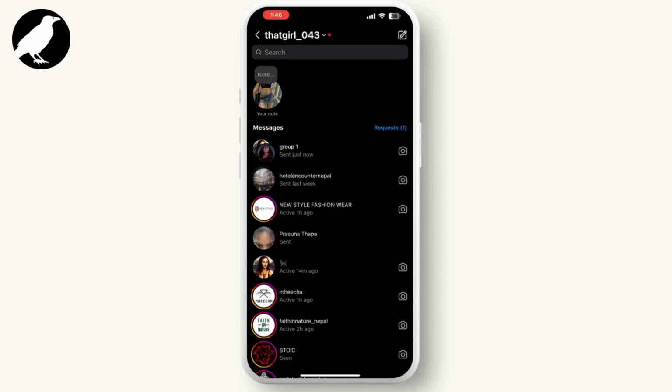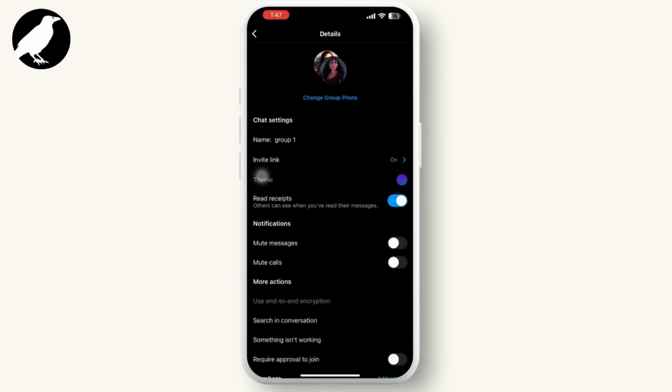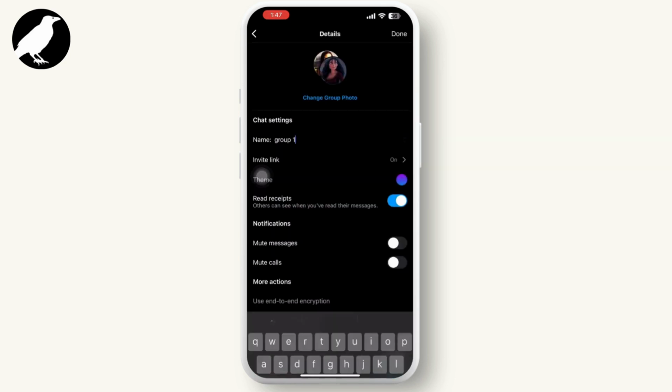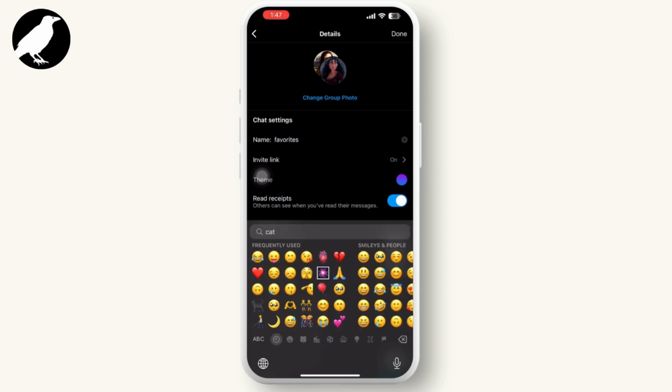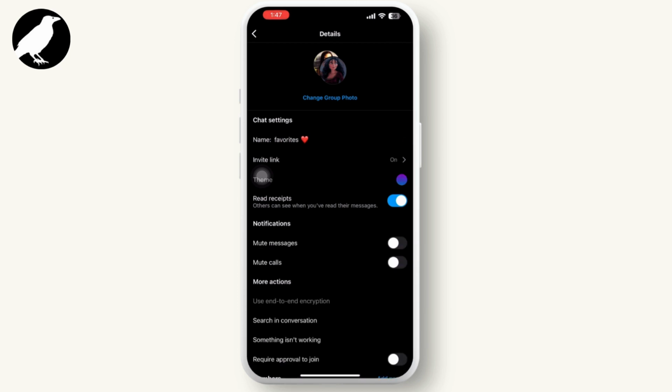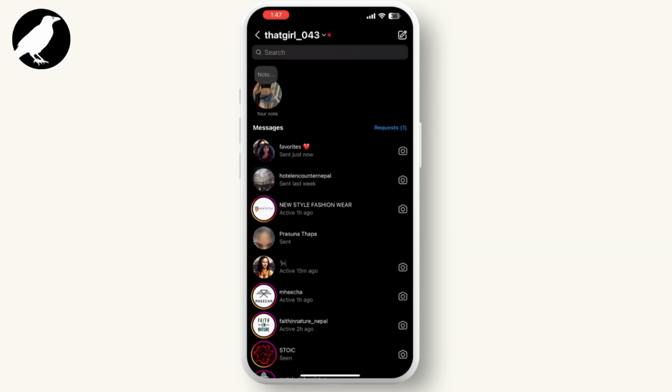After you tap on the chat again and go to the editing section, there you can simply rename your group again. Now here I am adding some emojis as well. So after that, scroll back and see the name has